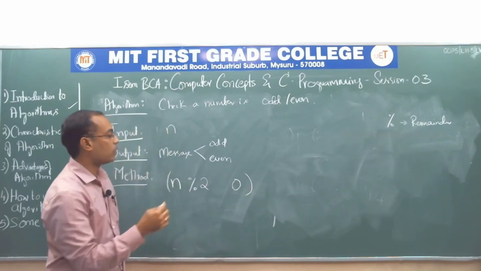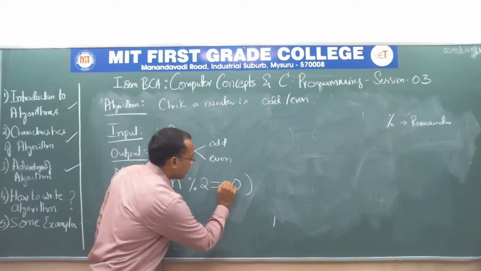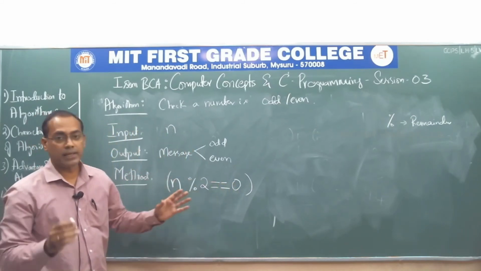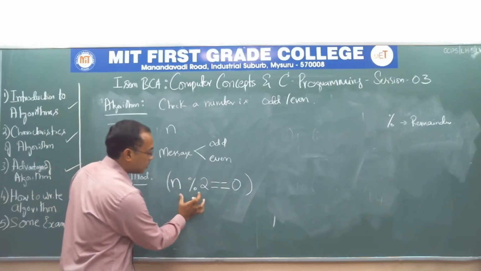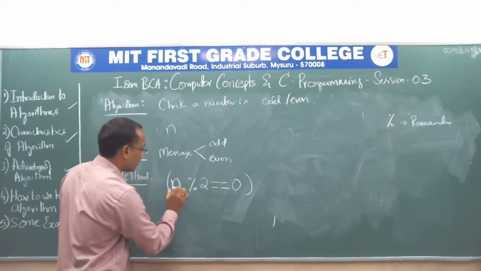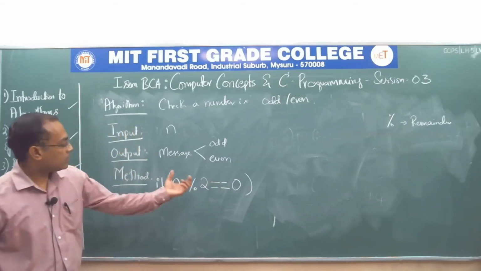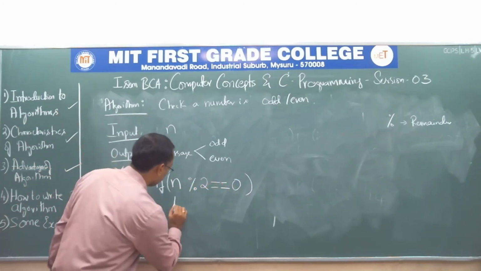Equal to 0: in computer science or programming languages, we do not use the single equal to symbol, we use the double equal to symbol to match the numbers. So if this operation turns out to be 0, I need to write an if statement. If this operation turns out to be 0, then what? Then